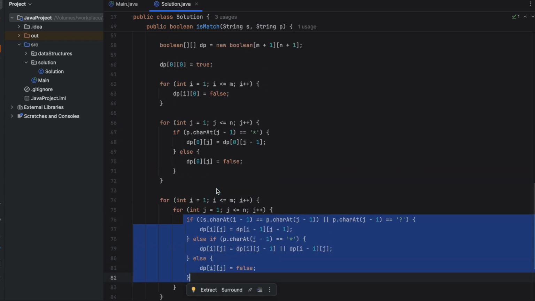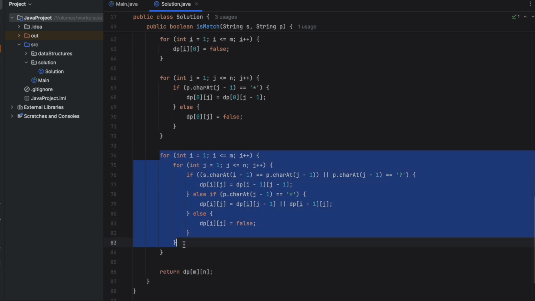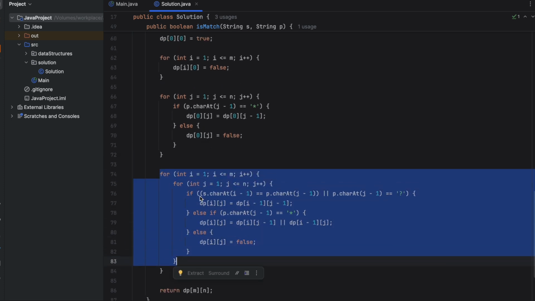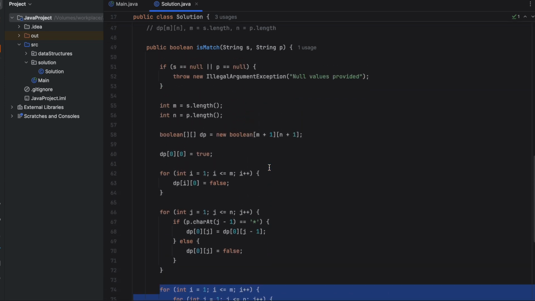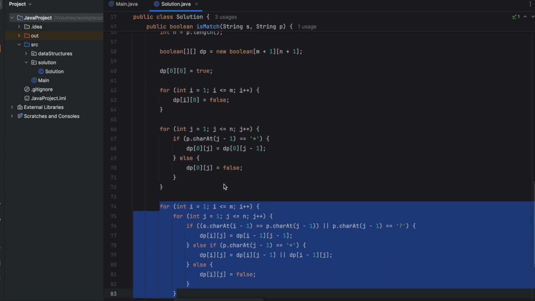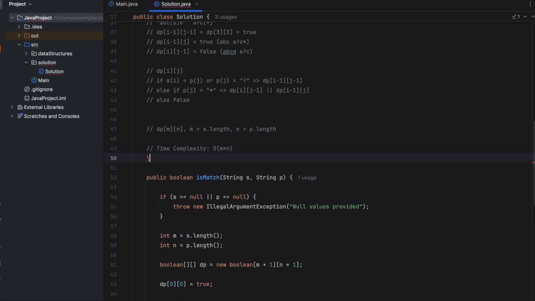So for the whole solution, this nested for loop takes most of the time and basically drives the whole time complexity of the solution, which would be big O of m times n. So time complexity is big O of m times n, where m is the length of the string s and n is the length of the pattern p. Speaking of the space complexity,